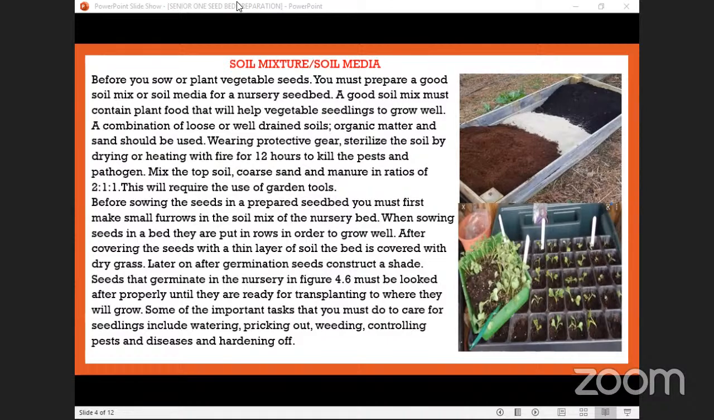A combination of loose and well-drained soils, organic matter, and sand must be used. Organic matter, this is humus. This is got from decayed plants, decayed animals. These ones are rich in